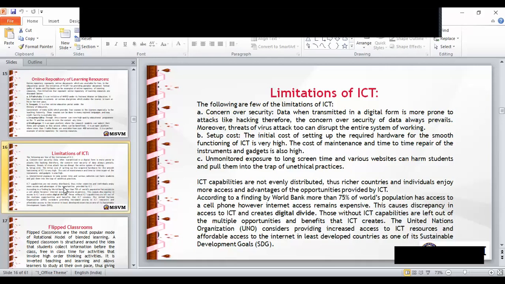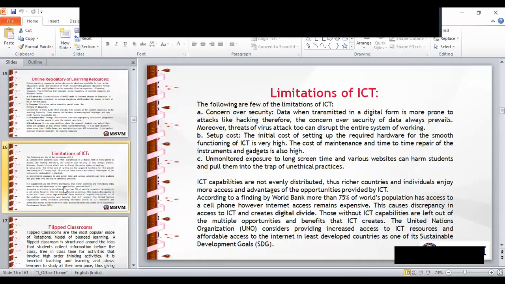So that's the setup cost. It can be said that this is to some extent a disadvantage of ICT, and the cost of maintenance and the time to time repair of the instruments and the gadgets is also high.